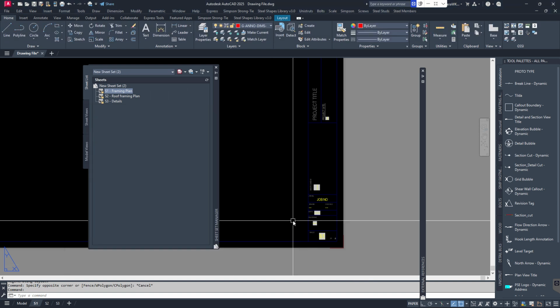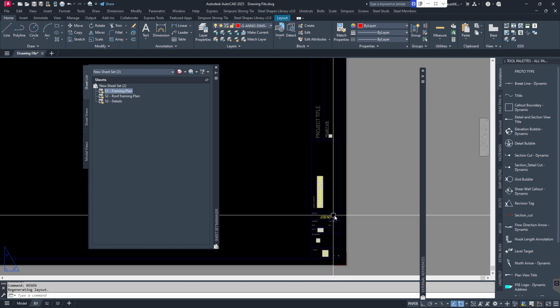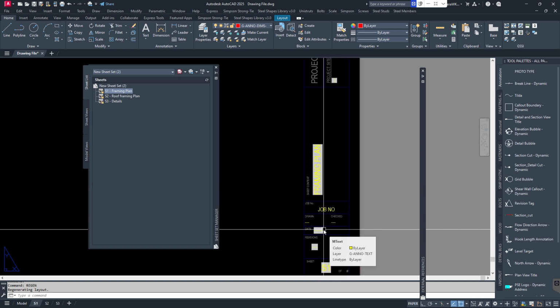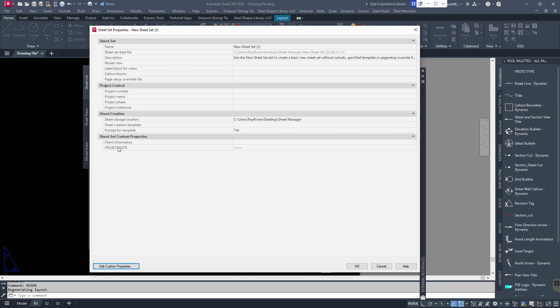And if I click regen, it gets populated. Then the next thing is the date, but I believe the date is a sheet set parameter, so that means it's going to apply to all the sheets. In order to change that one, you have to go to this tab right here, right click, go to properties, and then for the project date,